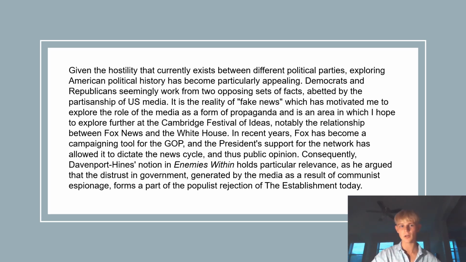The problem with this, though, is that it's lacking in examples. So if you see here, the only example that I give is the Cambridge Festival of Ideas, and it's not a bad example in and of itself. The problem is it's a future example, right? It's something I haven't been to yet. And it's not intrinsically bad, but it is, in my opinion, far better to be using past examples, so things you've already done.